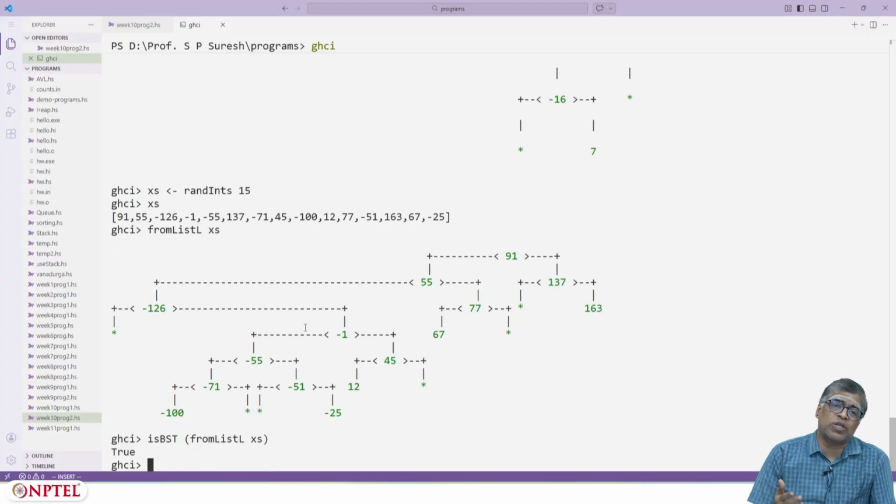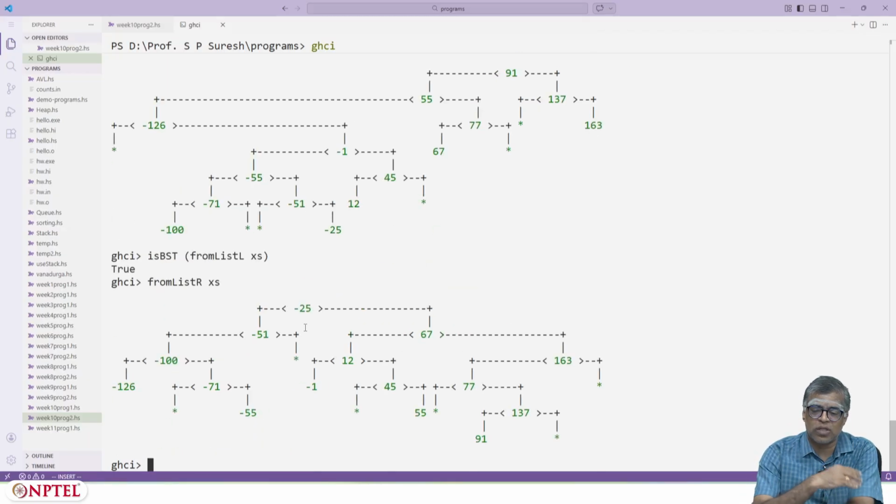This is not the only binary search tree you can create from these elements. From the same xs I can create another binary tree, also from fromList R xs, and that's this. So it is a question of whether you want to process elements from the right of the list or from the left of the list.